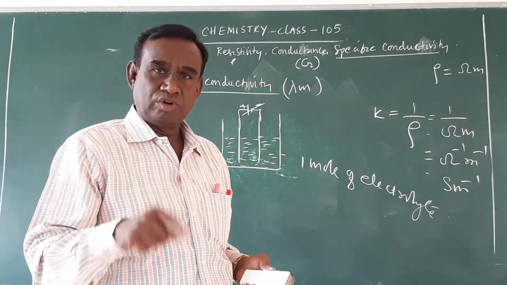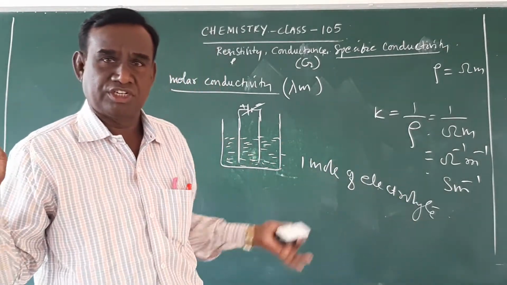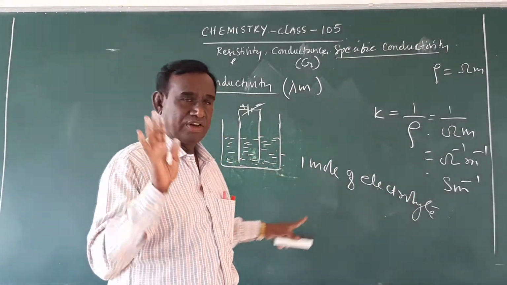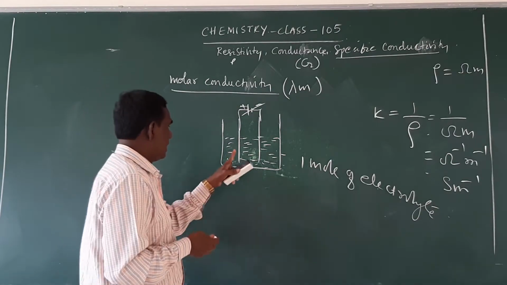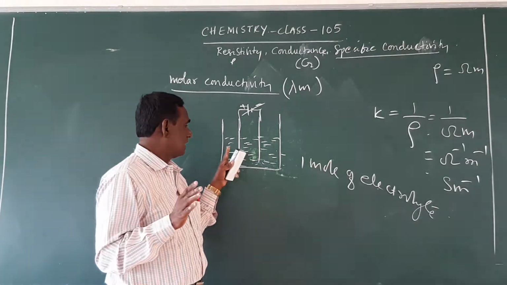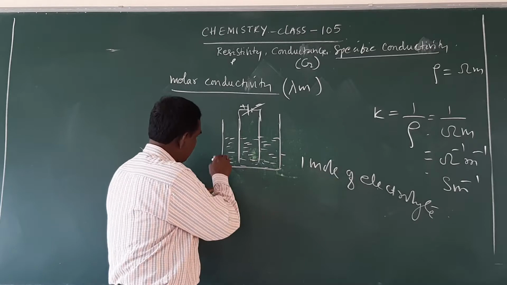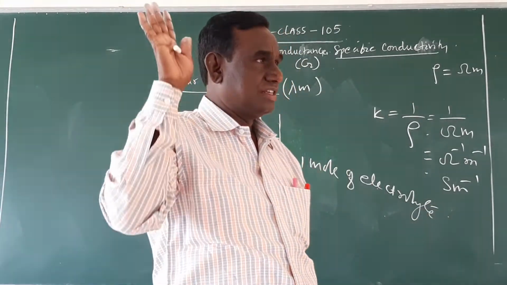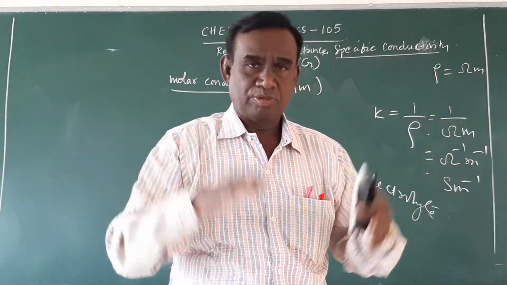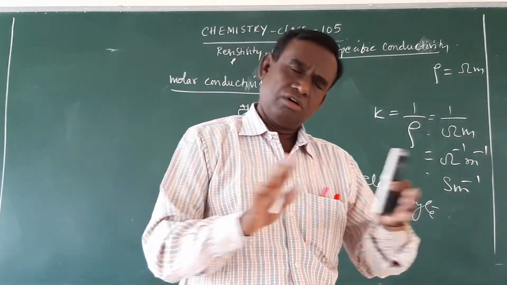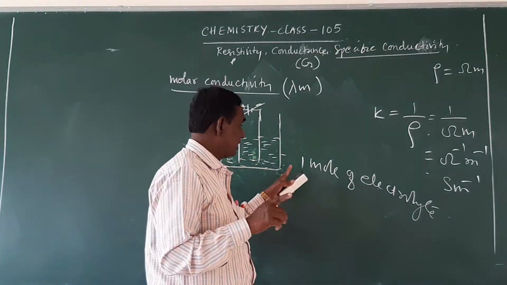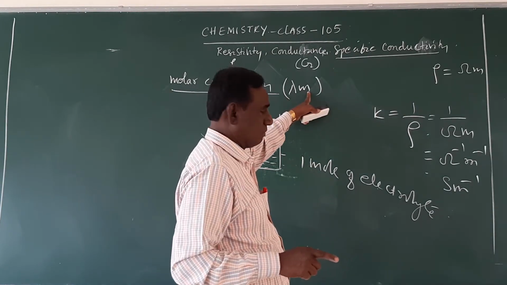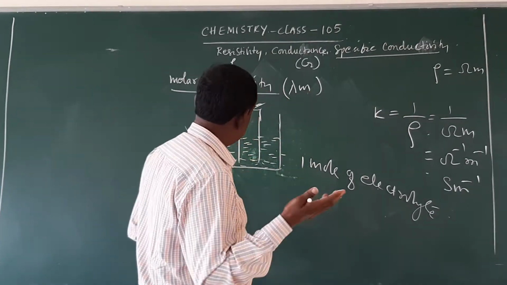Molar conductivity is the conductivity produced by all the ions present in the solution, but which contains 1 mole of an electrolyte. So it is not specifically the ions present in between two electrodes. The ions present here, everything in the electrolytic cell, the whole cell. Therefore, it is the conductivity produced by all the ions present in the solution, not in between two electrodes, but it contains 1 mole of an electrolyte. That is called the molar conductivity, and it is denoted as lambda.